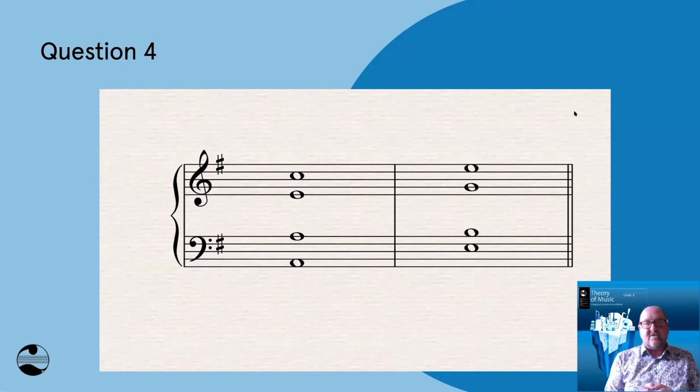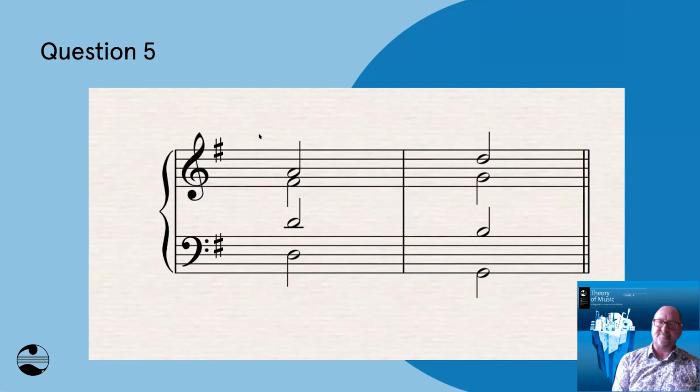It's not a consecutive octave, it's a hidden octave, because of the movement outlining the exposed octave, as we sometimes call it, between the outside parts. So it's a hidden octave. I did explain that a little bit in the grade 3 book, but I've explained it further in the grade 4 book. All right, Leah, so I think we can probably go on to the next one.